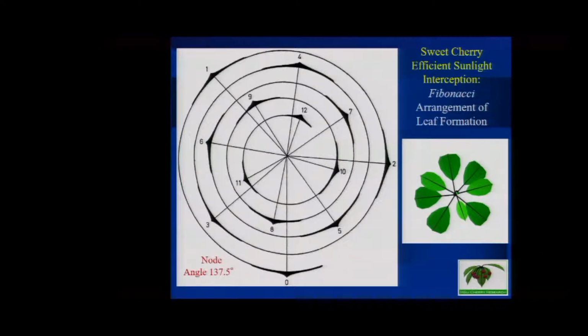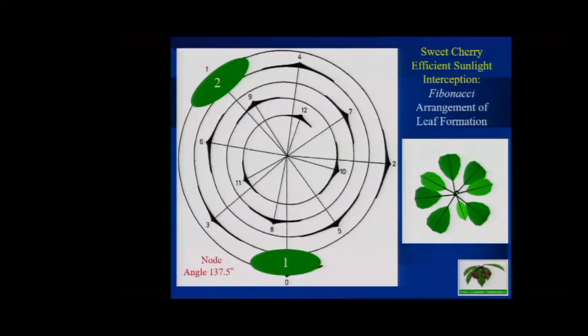Let's look and learn from the tree itself. So here we look at how a leaf is developed. The first leaf grows. Where does the next leaf appear? It appears at 137 degrees away from the first leaf, because that's as far away as it needs to be